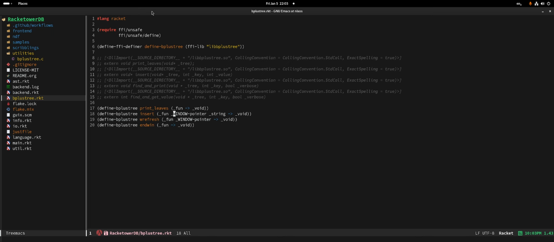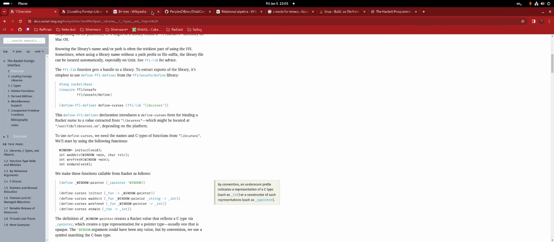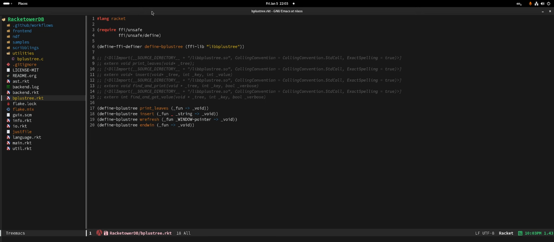Then we have fun. We have another void star there, which is interesting. Yeah. So this is going to be void. Then we need an integer. So this is probably an int and another integer, which is like that. Cool. Next up, find and print. Yes, underscore void is in fact correct. Okay, that's good to know. So this is going to be void int bool, and the return is going to be void as well.